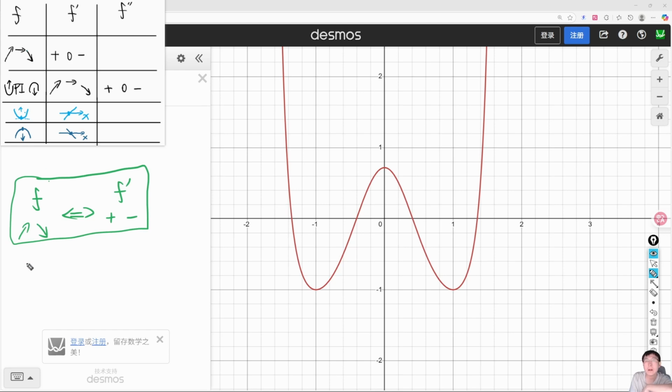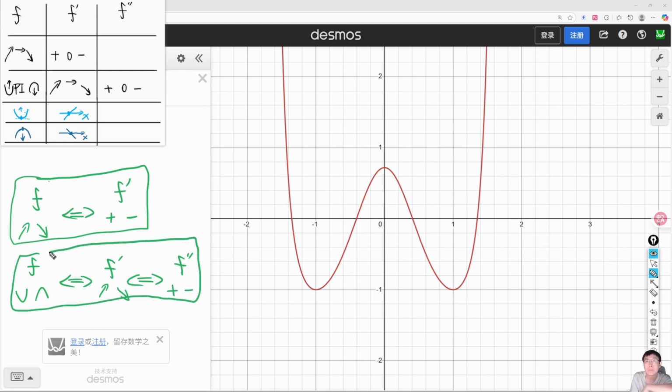The second rule tells us that the shape of f corresponds to the trend of f prime, corresponding to the sign of f double prime. Use this simple rule. When we check the graph of f prime from left to right, let's check the sign of f prime first. It goes from positive to negative